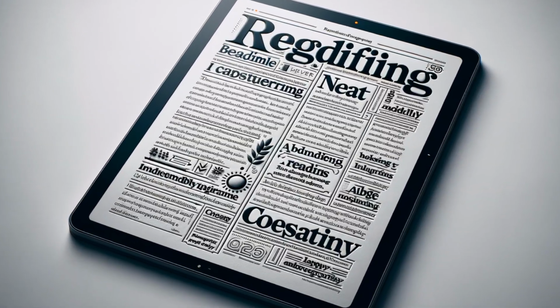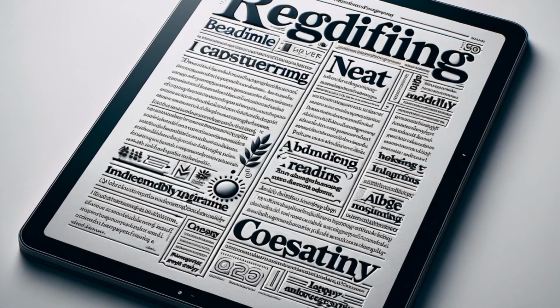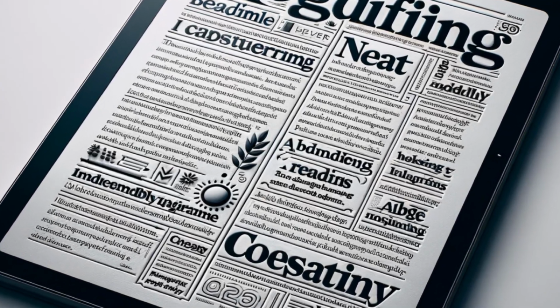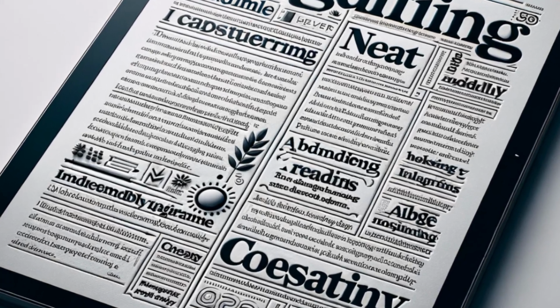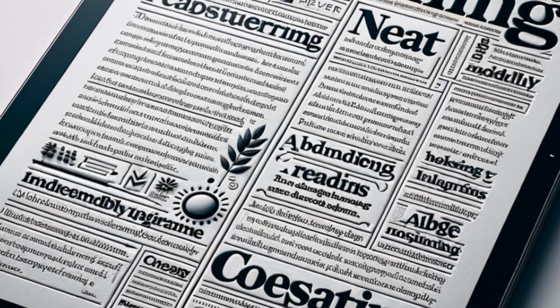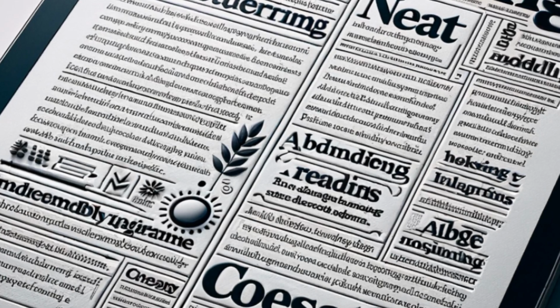Excellent design isn't just about the cover. Now let's focus on the page layout and design within your ebook. Consistency in fonts, headings, and spacing creates a comfortable reading experience. Use white space effectively to avoid a cluttered look, and incorporate images that complement your text without distracting from it.